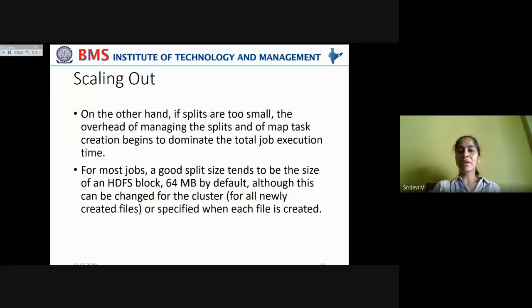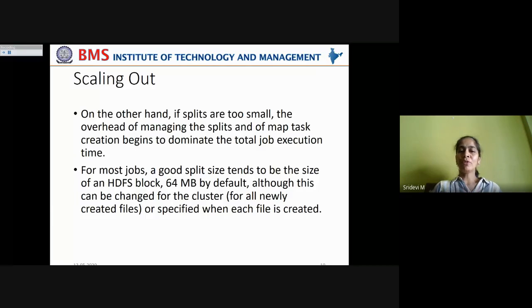So the job tracker now spends more time on creating the tasks from these smaller input splits, and this dominates the work of the job tracker rather than efficiently assigning tasks to various task trackers. So the input splits should not be too small that it creates an overhead to the job tracker.